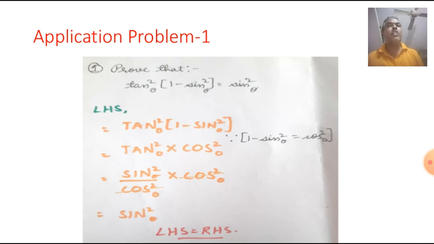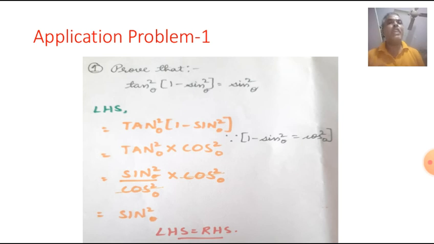And we know that first ratio divided by second ratio is third ratio. That is sin ratio by cos ratio is tan ratio. That means tan can be replaced by sin by cos. Here we have tan square. Therefore, I will replace it by sin square by cos square. Sin square by cos square into cos square.